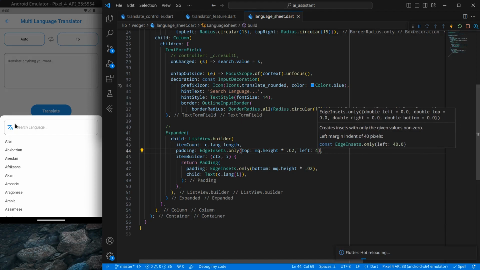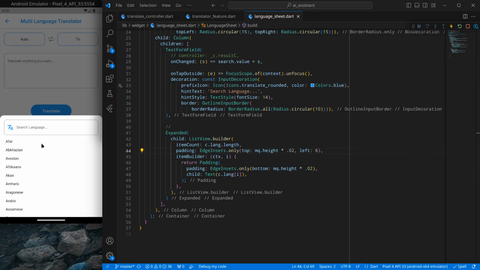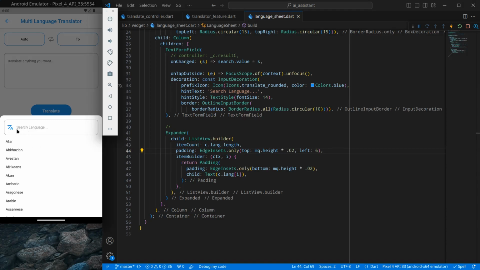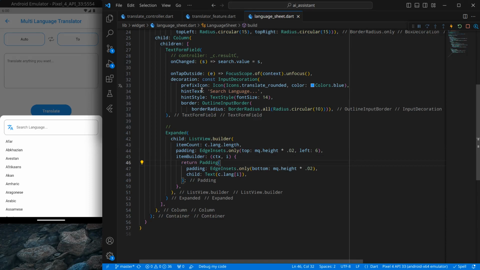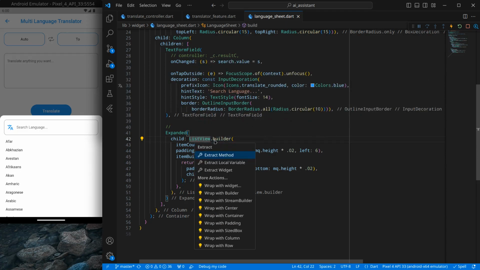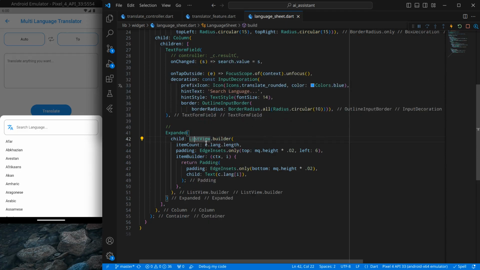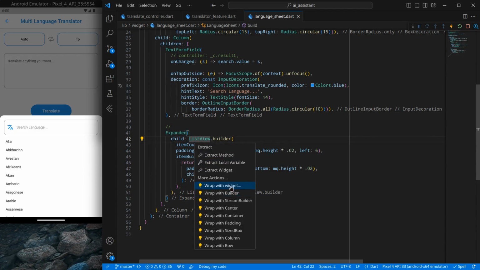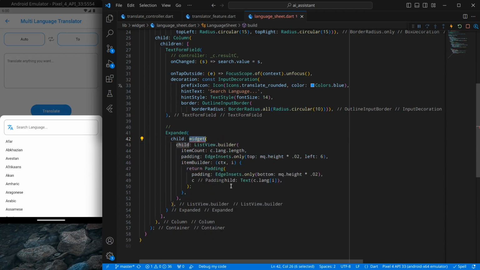And now if I just press Ctrl S to save, you will see it is kind of aligned to, let me change it to 6 for now, and it looks okay. And the next thing I want is, when I search in this, it should be updated, okay. So actually we are updating this search variable, so rather I will wrap this list view builder with an Obx variable here, okay. So simply Ctrl Shift R, wrap with a widget, and I will use Obx here,